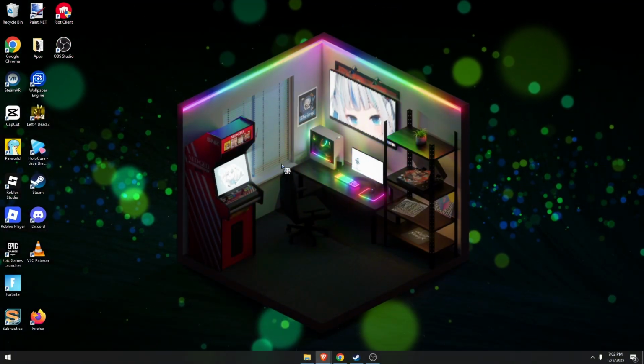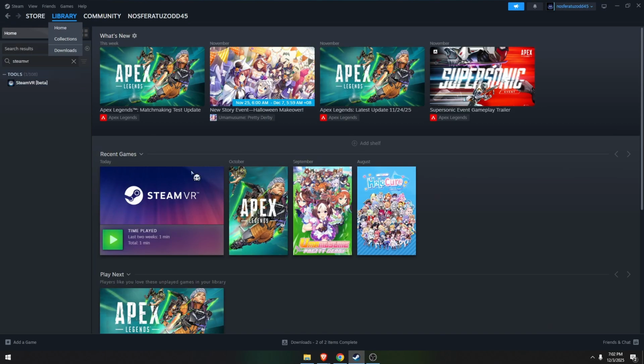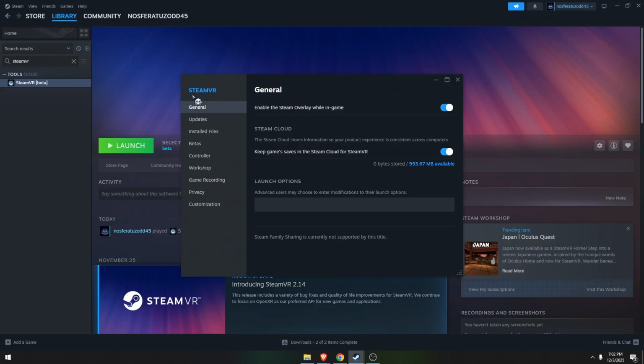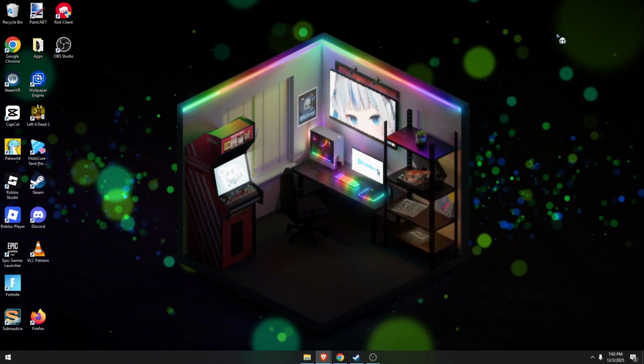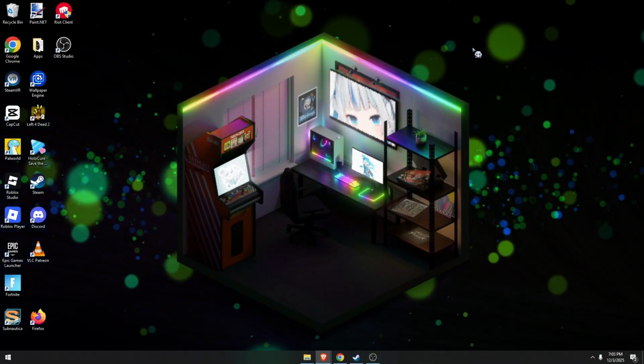Now the final step would be to go to your Steam client, open it, click on the library where all of your games are shown in here. Look for SteamVR, right click on it, properties, installed files, then verify integrity of tool files. Click on it. It might take a few minutes, but once done, it will basically reacquire any corrupted or missing files for SteamVR. Then you can now close everything and you can even restart Steam client, reopen SteamVR, then everything should now be working